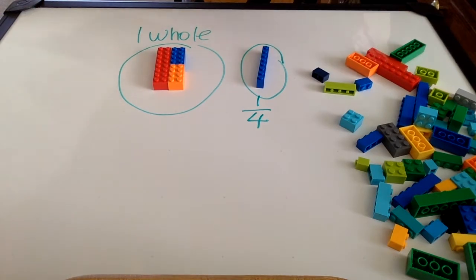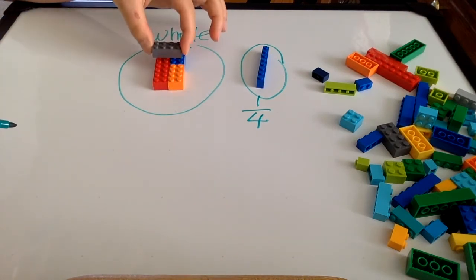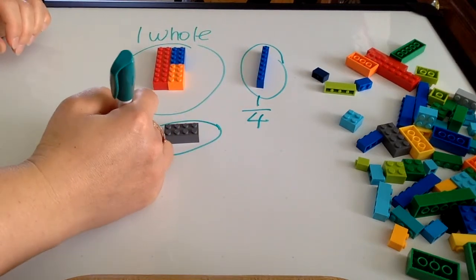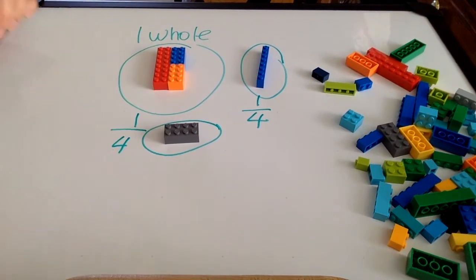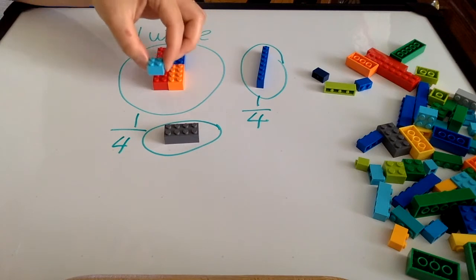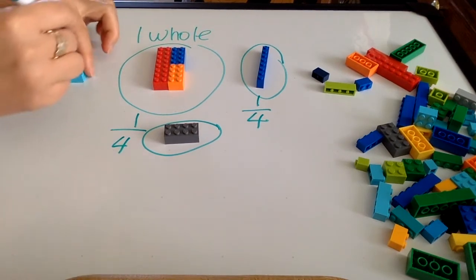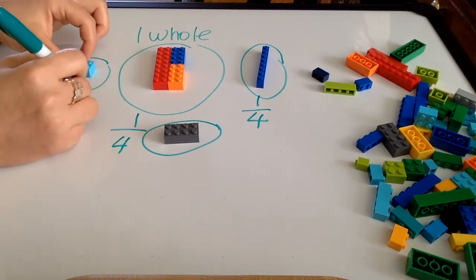At the same time, I think I could do something different. What if I had something like this? What kind of fraction would that be? Well, I can fit this Lego piece 1, 2, 3, 4 times. So this also is a 1/4. And what else can I do? What if I had a piece like that? I have 1, 2, 3, 4, 5, 6, 7, 8. So this would fit 8 times. So this is my 1/8,